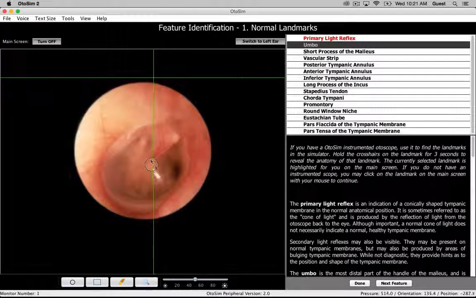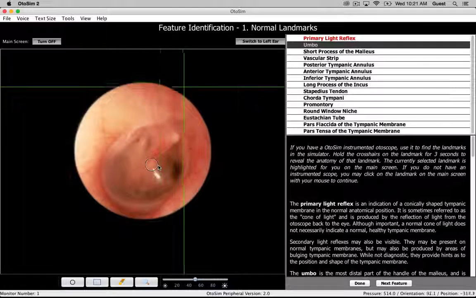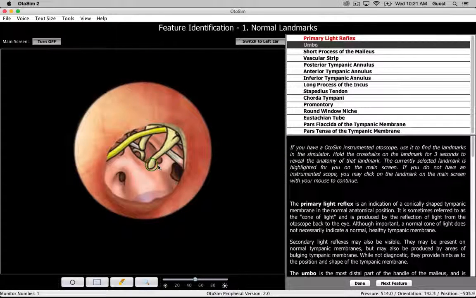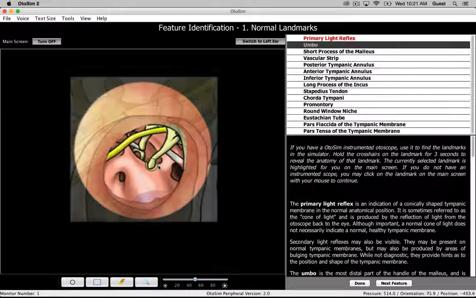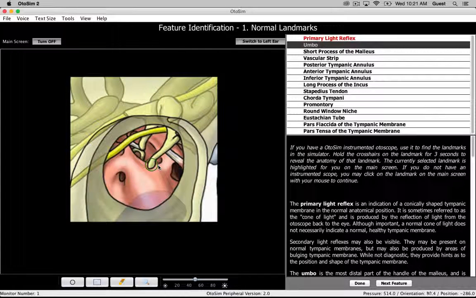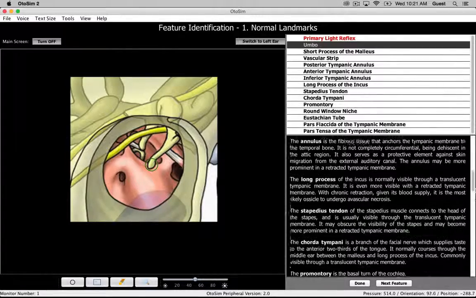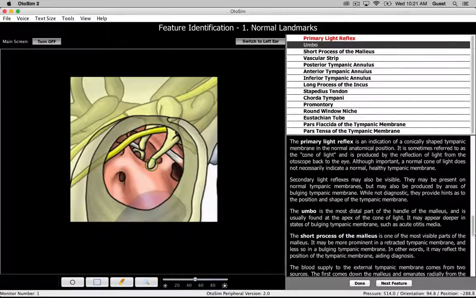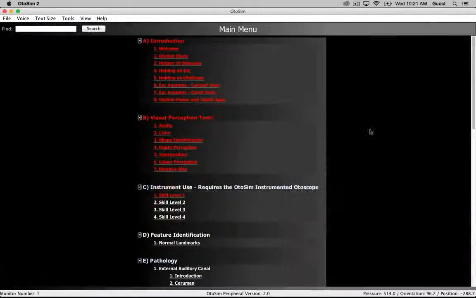The umbo. So the umbo is shown here. Within the simulator, I go down and point to the umbo, and then the eardrum peels away. The circle remains, and it shows you the position of the umbo in relationship to the middle ear and inner ear structures. And we go down the list, again showing the anatomy. There's also writing down below, some literature on each of these structures, very basic, to let the user know what they're actually looking at. So in this particular section,